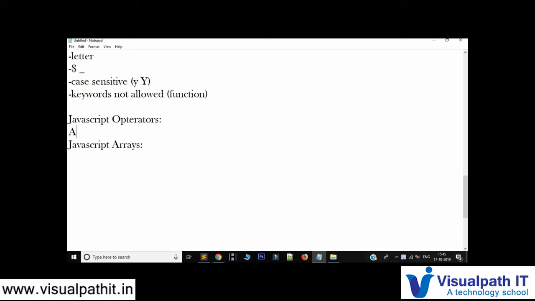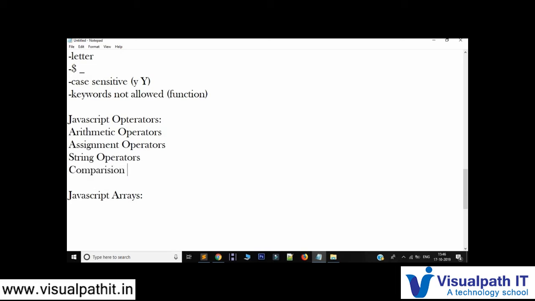The first and most important is the arithmetic operators. First I'll just note down everything and then I'll explain everything. The second one is assignment operators. The third one is string operators. The fourth one is comparison operators.